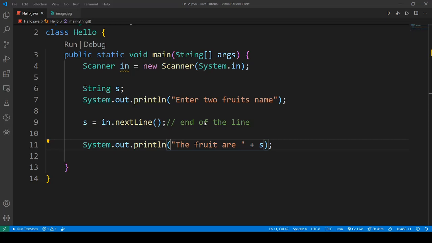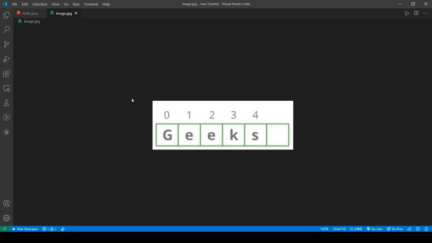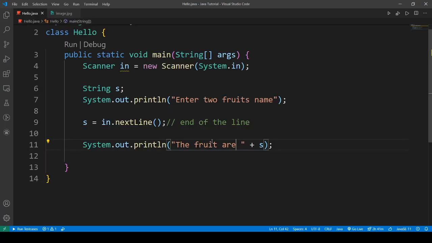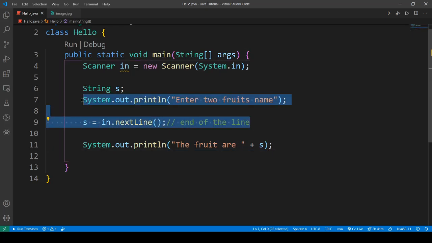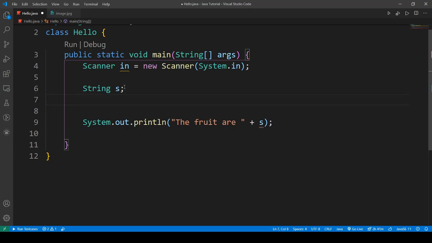A string can be seen as an array of characters, like each character in the string is stored sequentially and has an index number. Like this example, we have the string geeks. The first index starts from 0, and for each character we have an index number, just like in array. So if we want a character at a particular index, for example, let us see, first we'll write a string inside s, it will be football.